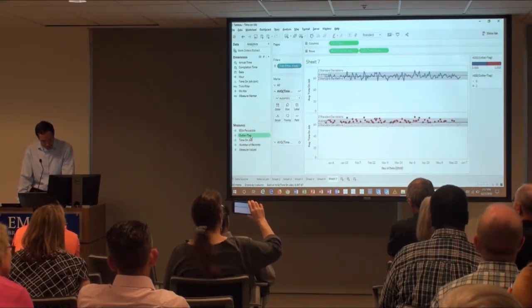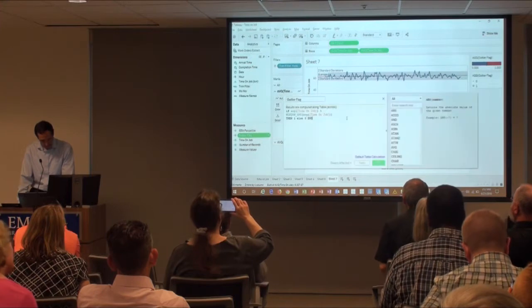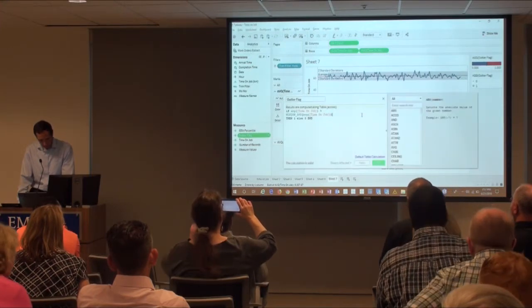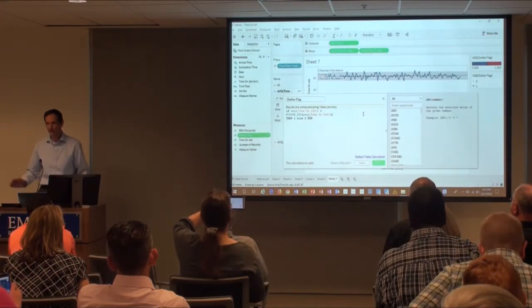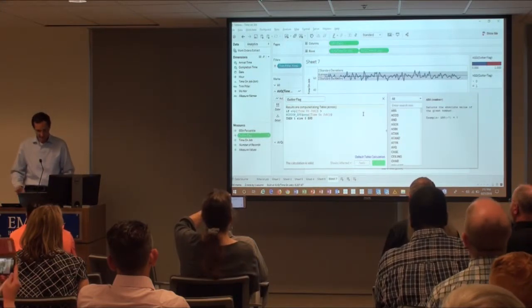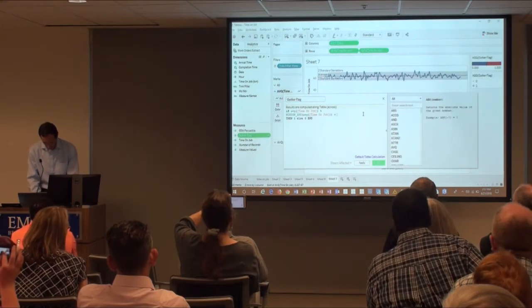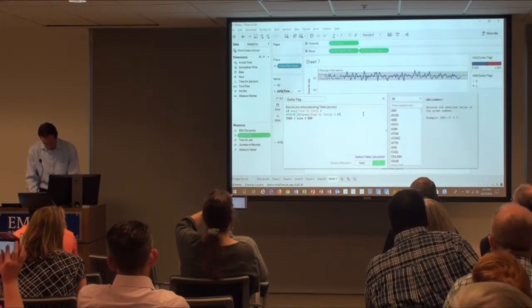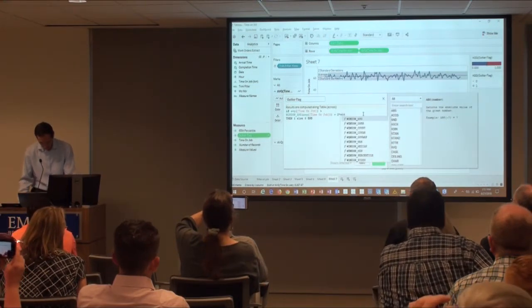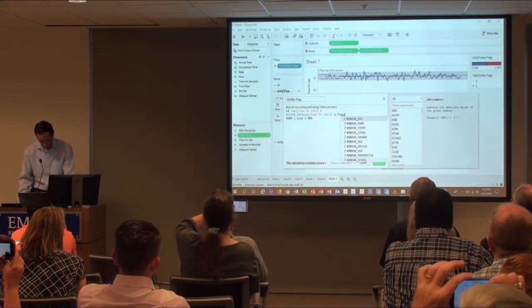So if I go back to my outlier flag and edit that calculation, remember we want two standard deviations over the mean. So I've got the mean, I've got the average, and now I'm going to go plus 2 times, and there is a window standard deviation function.